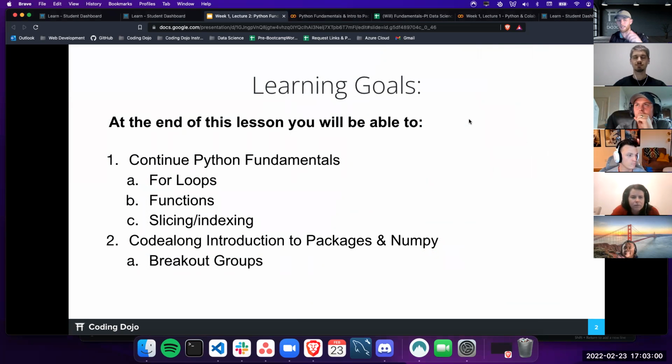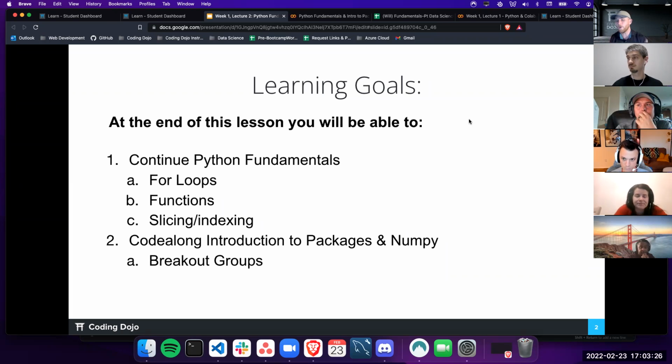Cool. So welcome. Today, we're really going to continue our Python fundamentals. Yesterday, we introed and talked a little bit about variables. We talked about all sorts of different things like lists and tuples and dictionaries, and we looked up how to look up different things. We're going to hit that again with the slicing and indexing piece, but we're really going to hit into for loops and functions. That way you really have an understanding. We're going to write a couple, and then we're going to talk about return versus print when it comes to